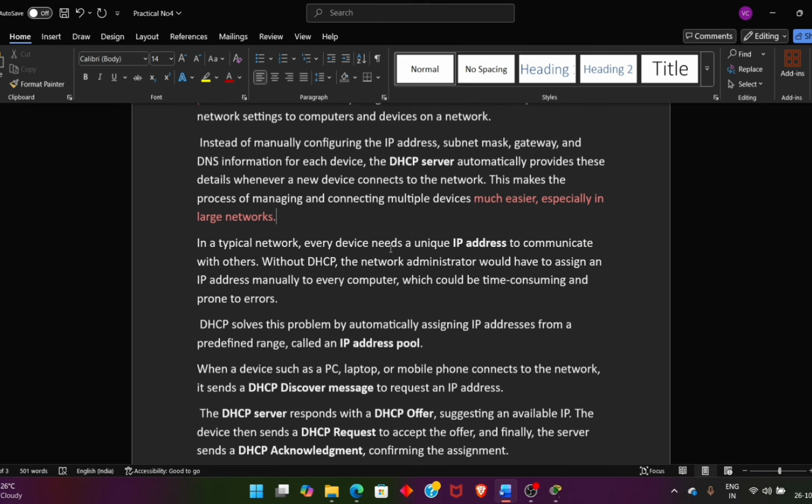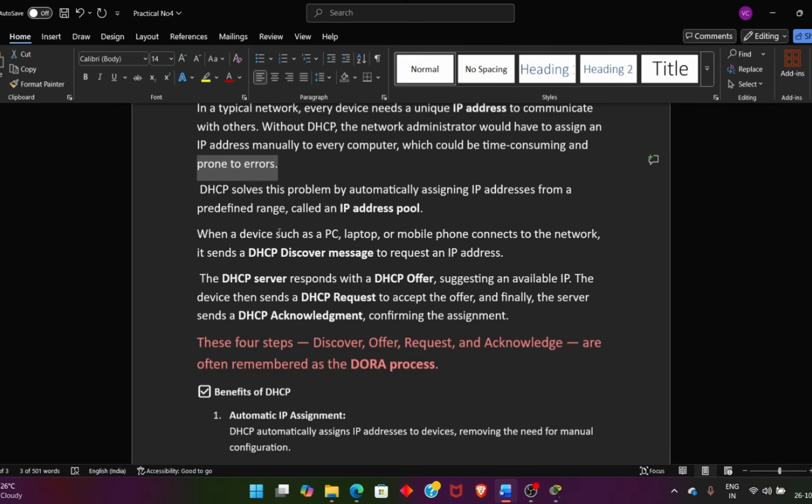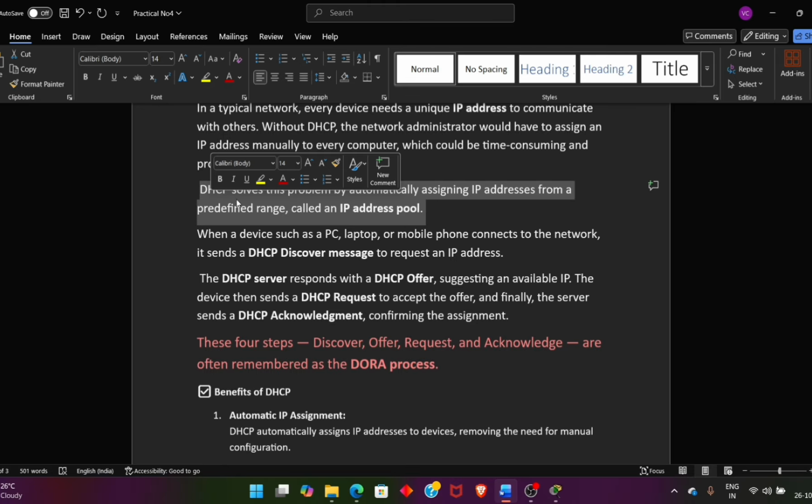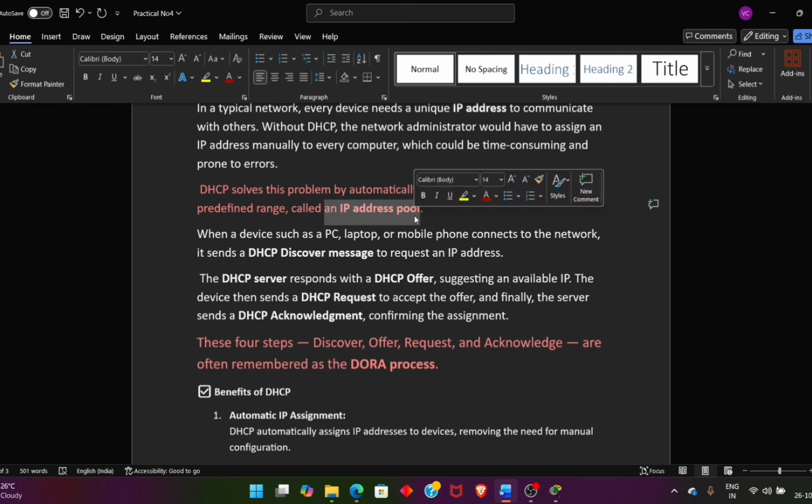In a typical network, every device needs a unique IP address to communicate with others. Without DHCP, the network administrator would have to assign an IP address manually to every computer, which could be time consuming and prone to errors. Okay, so DHCP solves this problem by automatically assigning IP addresses from a predefined range called the IP address pool. ओके दिस पॉइंट इज वेरी वेरी इंपॉर्टेंट कि ये जो आईपी एड्रेस देता है वो कहाँ से देता है, पहले से वहां पे एक रेंज डिफाइन होती है जिसको आप आईपी एड्रेस पूल कहते हैं। ओके